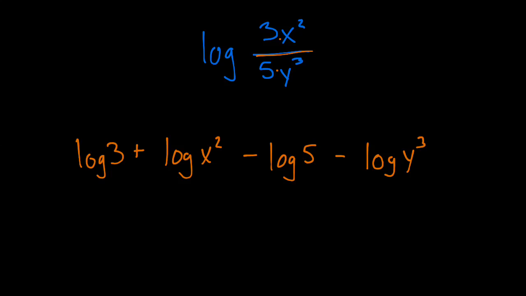And looking at those, we still have exponents in there, so that x squared, we can pull that 2 out in front. And on that y cubed at the end, we can pull that 3 out in front. So log of 3 plus 2 log of x minus log of 5 minus 3 log of y is completely